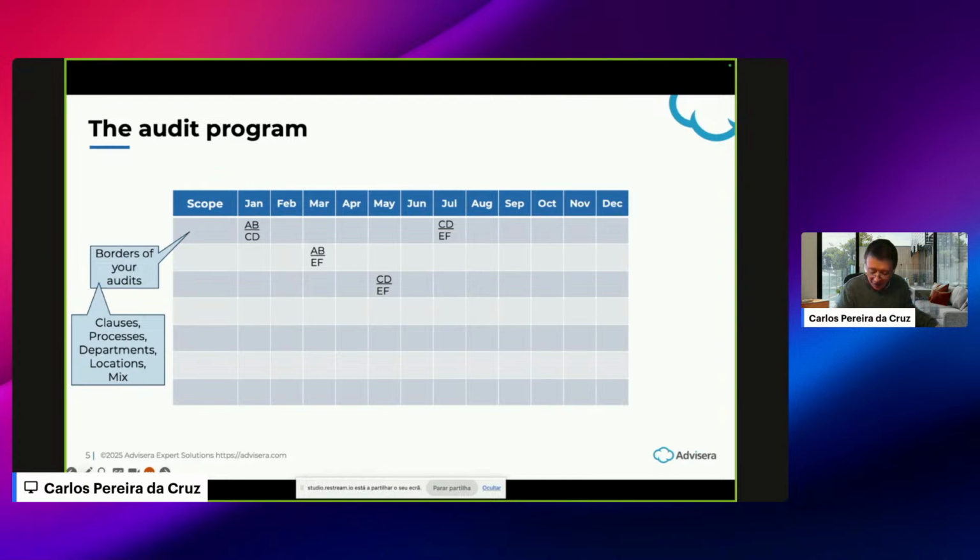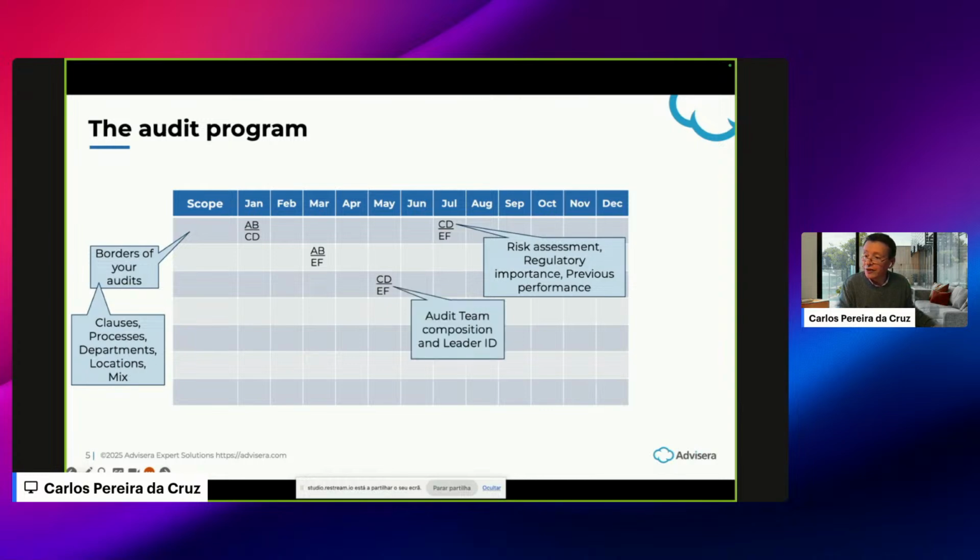Then what we need to do is prioritize audits based on risk assessment. Use a risk-based approach to focus on critical processes. Consider regulatory importance and previous audit performance. Audit critical assets and high-risk areas more frequently, while less critical areas might be audited once every year. Both comprehensive audits of the entire system and targeted mini audits of specific processes are effective. The choice depends on the organization's specific needs and resources.